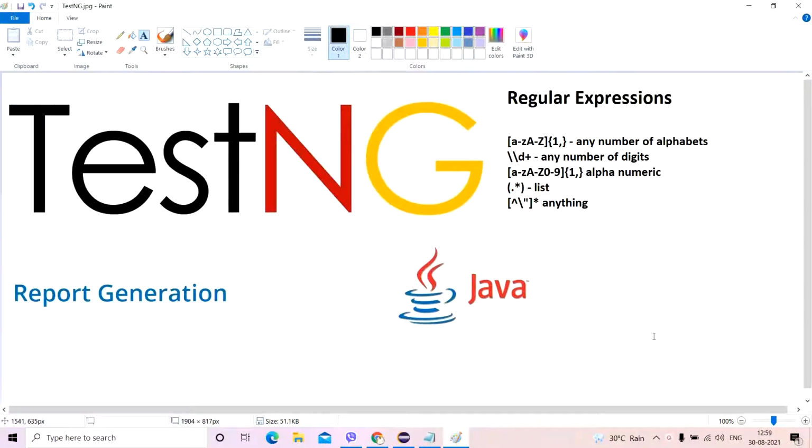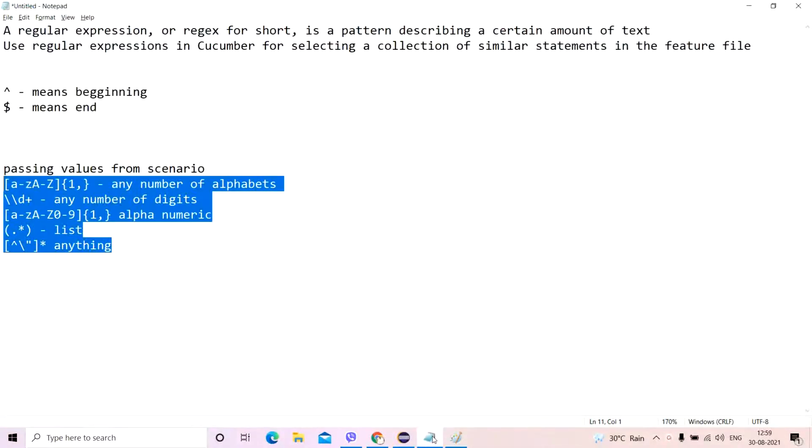There are certain pending videos for the Hindi playlist as well related to data table and stuff, and I want to do a little bit of reporting factory over there also, but yeah, I'll cover that. But this video is all about regular expressions. It's a very simple topic. First I'll tell you how to apply regular expressions. There are few things that you need to remember.